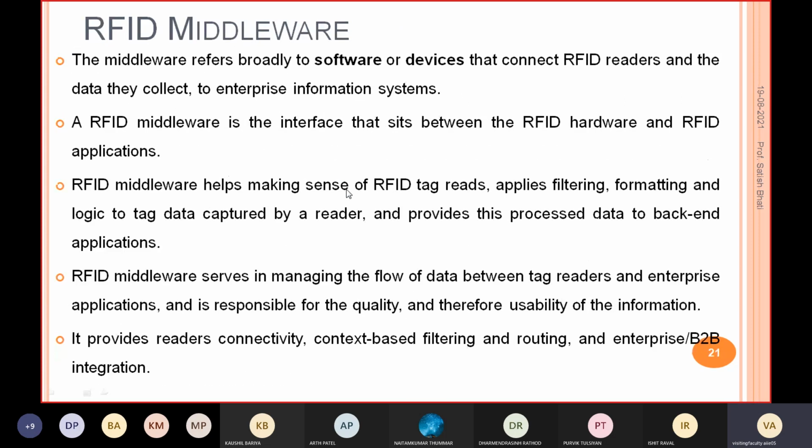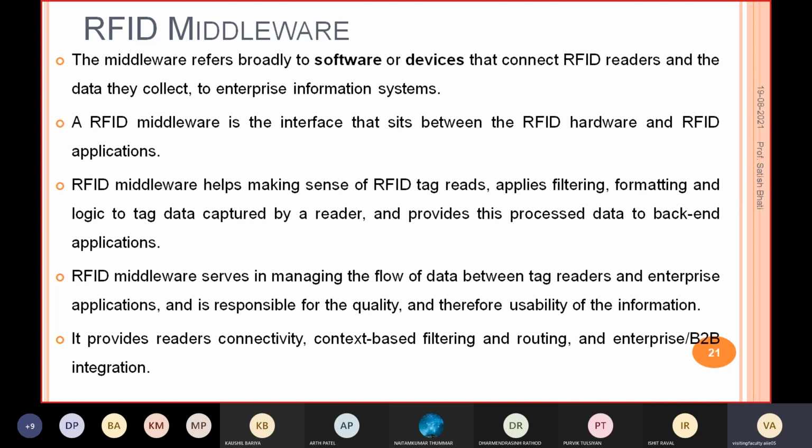Now today we will see the RFID middleware. RFID middleware refers broadly to the software or device that connects RFID readers and the data they collect to enterprise information systems. Depending on your application and your enterprise, what actual work your enterprise does, you will use some software or device.